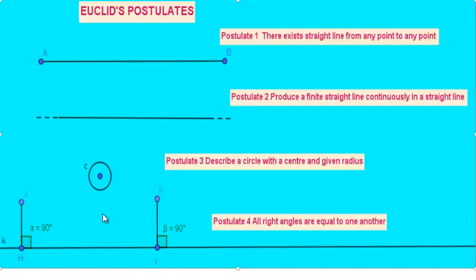The first postulate states that there is a unique line from one point to another. The second says that a finite line, which Euclid called a terminated line and we call a line segment, can be produced indefinitely in both directions. The third postulate states that a circle can be drawn given a center and a radius. The fourth one says that all the right angles are equal. Now, let's come down to the worrisome postulate 5.